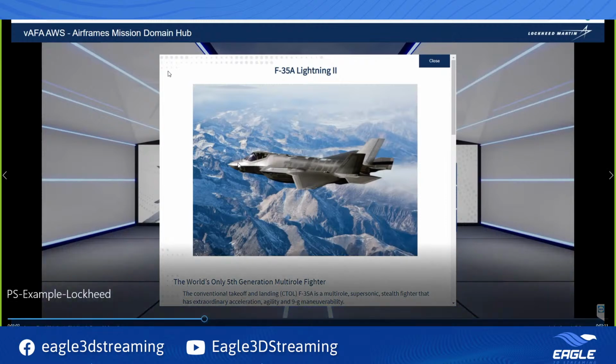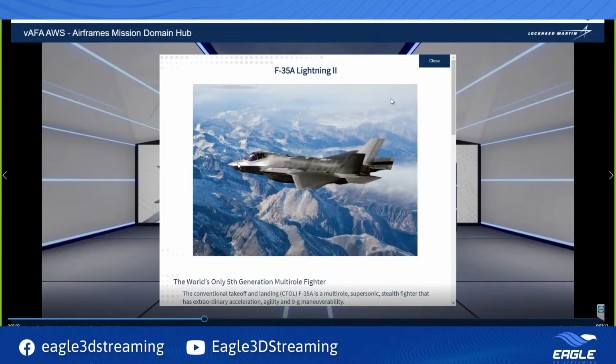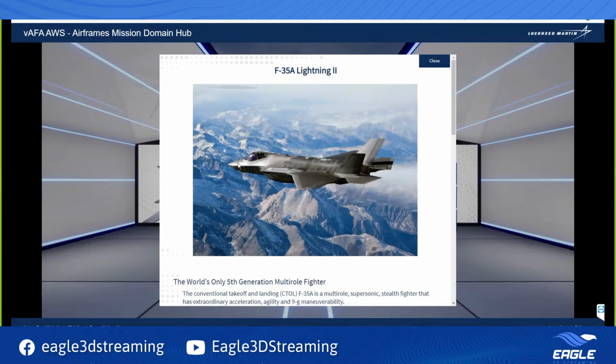Is this iframe also in UE4? No, the iframe is outside of UE4 in the browser that you are using. And the benefits of doing that, what would you say the benefits are of doing it that way?